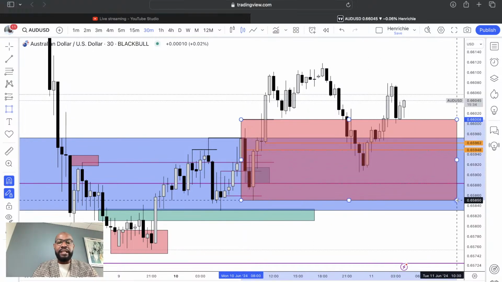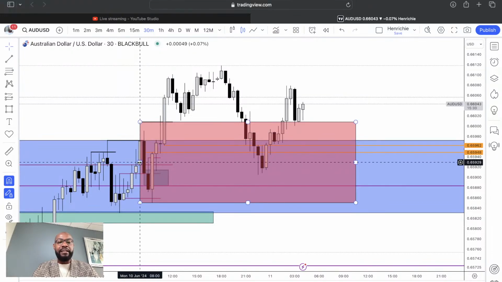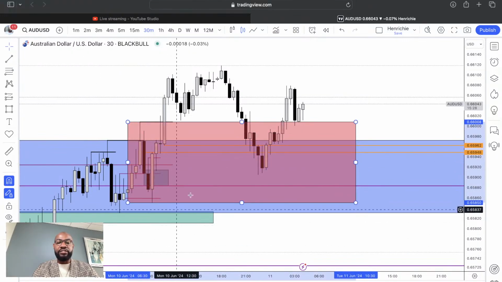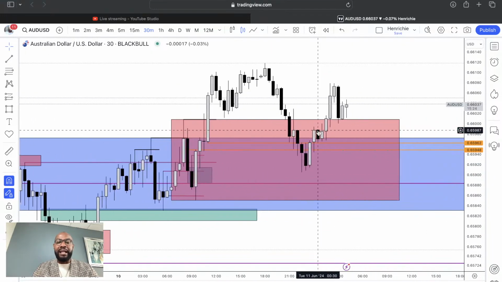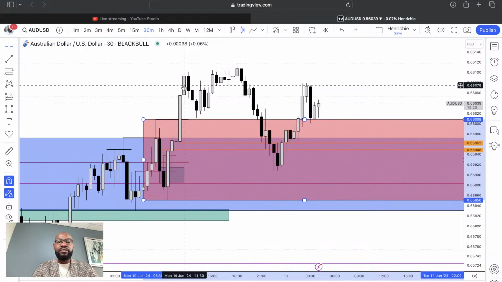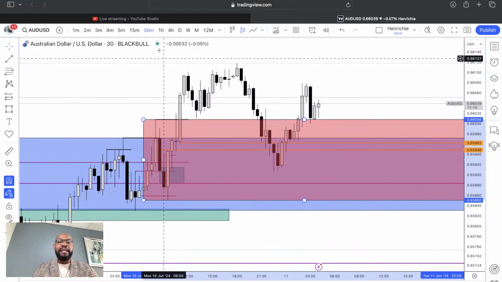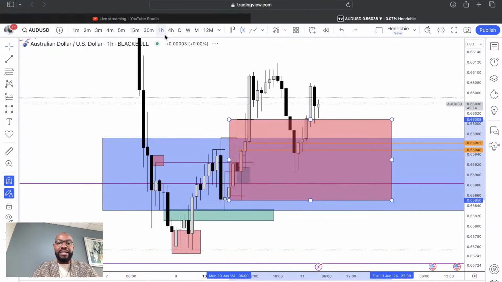This is where I want to see a reaccumulation before a potential continuation to the upside. If we're bullish and these lows stay sustained, then this would be a perfect area for me to start looking for a buy. Now, after outlining this key level as my point of interest, I start to go to other higher time frames to look for significant things that could bring price to that position.